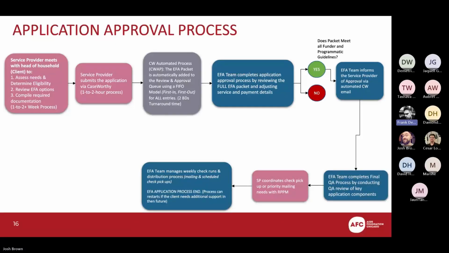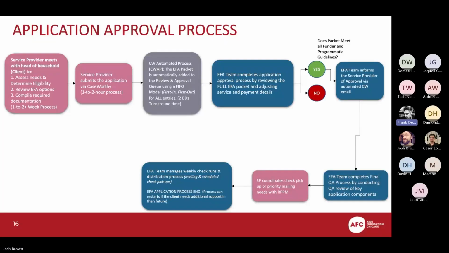Like Josh stated earlier, there's some cases where a client may be homeless, but they don't have documentation showing that from a shelter. That's where you would create a crisis verification letter, just stating that the client is indeed moving from homelessness. That could also be used for most of the crises that clients will have but don't have documentation. You could say that they were fired from their job, but they didn't get unemployment, so they don't have an unemployment letter, et cetera. So you meet with them, you complete the application,